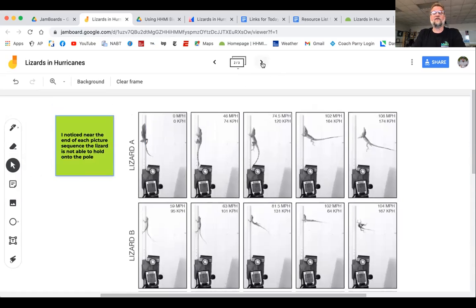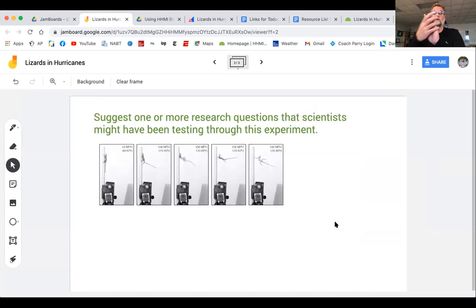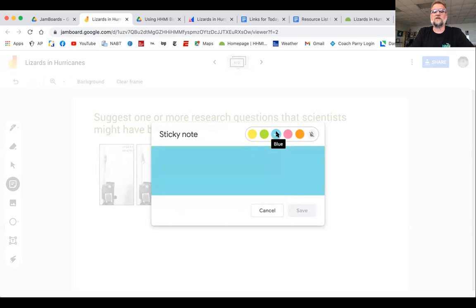And then after they've spent a few minutes on that, we would ask them, based on your observations, what's at least one research question the scientists might have been testing through this experiment? What were the scientists trying to do? What the heck do we got lizards on a pole for, and they're going vertical? What's happening? And so again, we would use Post-it notes, and we hope they would come up with some type of